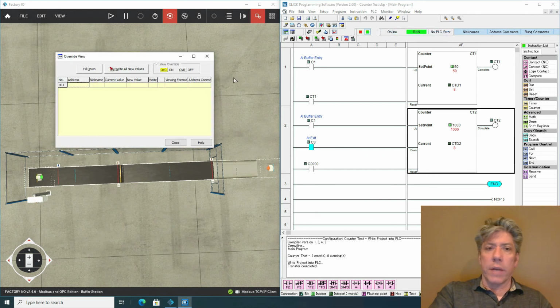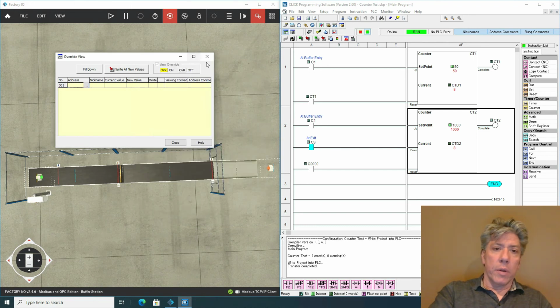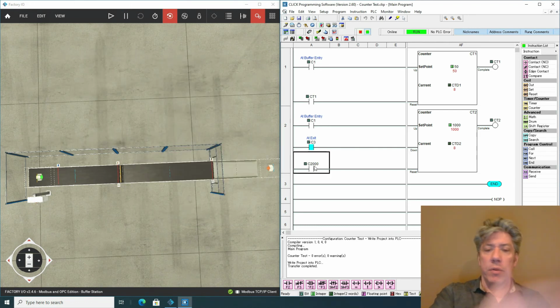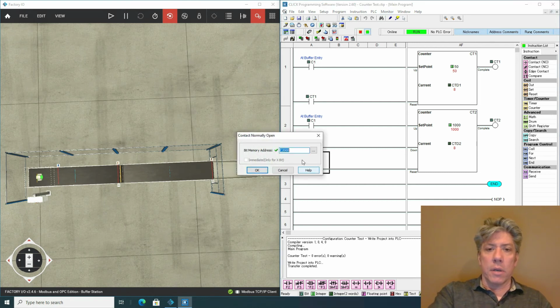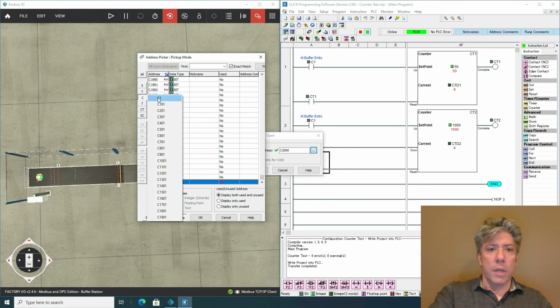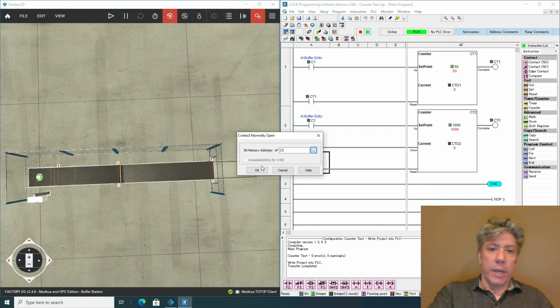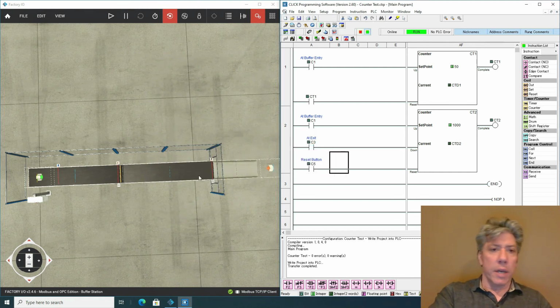So we'll go to override view, we'll grab C2000 again, and maybe I could just wire this up. You know what, let's just do that. Rather than going through all these forces, why don't I just wire this to the reset button? I've got it referenced. So I'll just grab this, go to memory addresses, look at the C addresses, and the reset button is right there on C5. That way I can just push a button in the simulator and reset the counter. So now if I hit run,